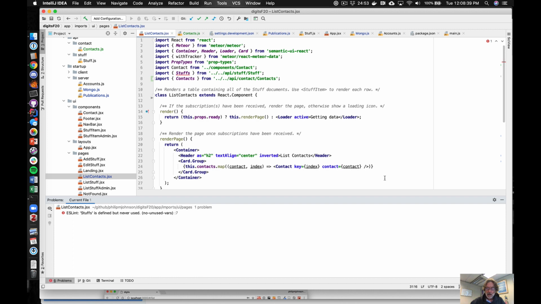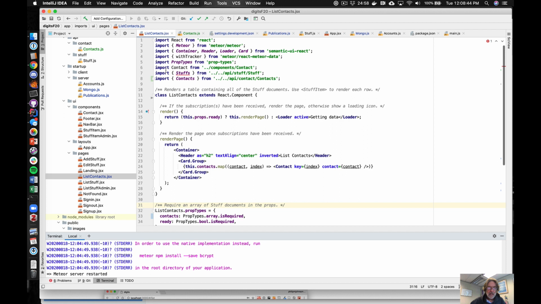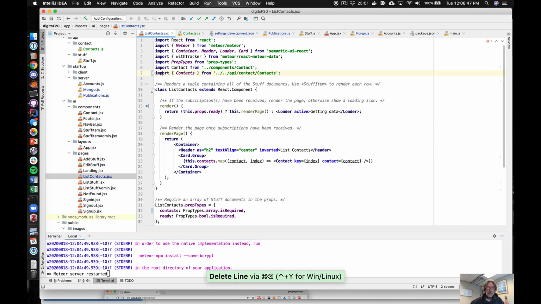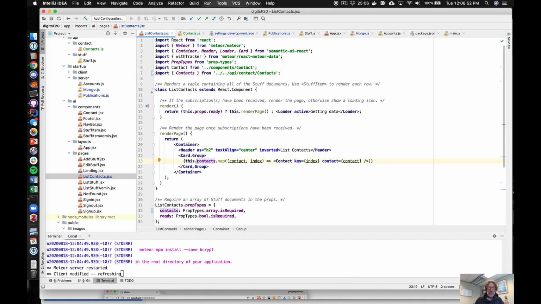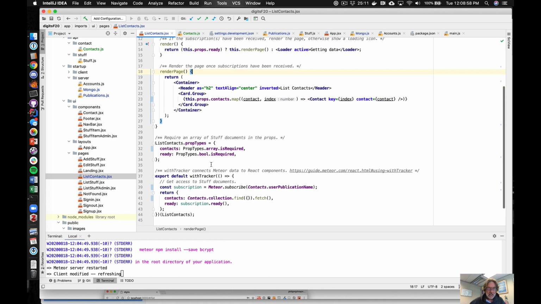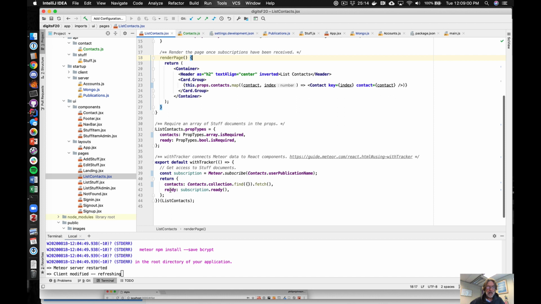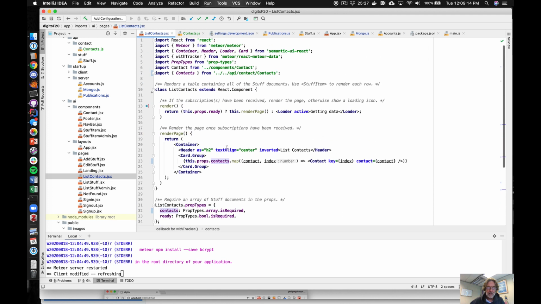Okay, and then import stuffs, we don't need that anymore. And then the final thing is that we want to say this.props.context, because now the effect of this is to bind the this.props field with two additional fields, one called contacts and one called ready. The one we're interested in is the contacts field because that contains all our data. Okay, so at this point, ESLint is fine,